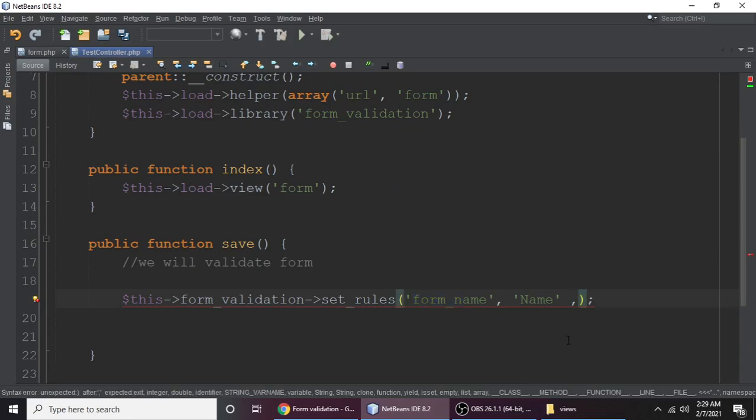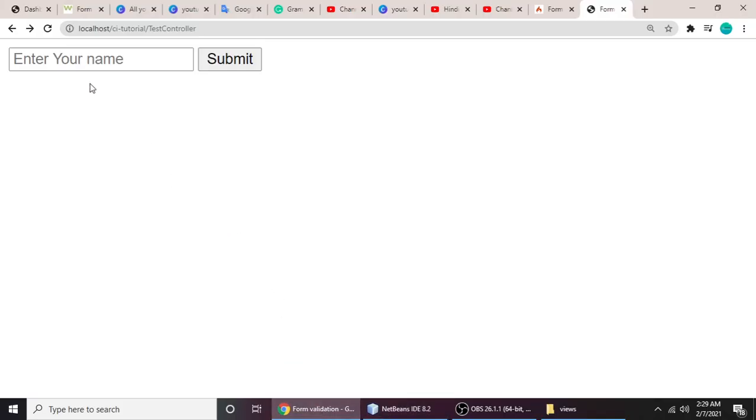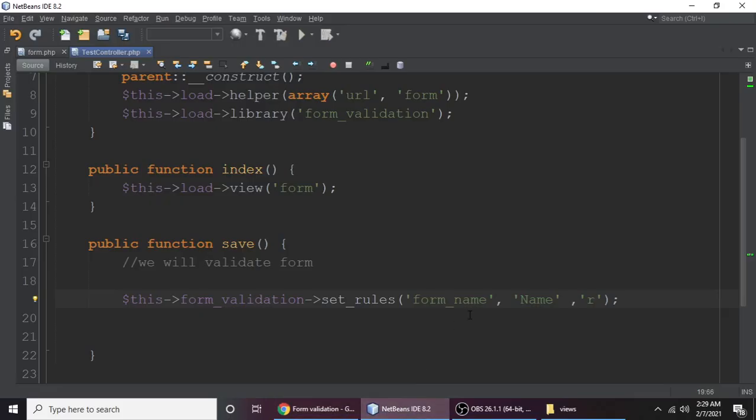And the third is to set the rule, and a rule is simply any rules, I will teach you in a minute. So let's say the form should be required, means this field will be required. Otherwise it will not go to the save page. Sorry, required, Control S for save,